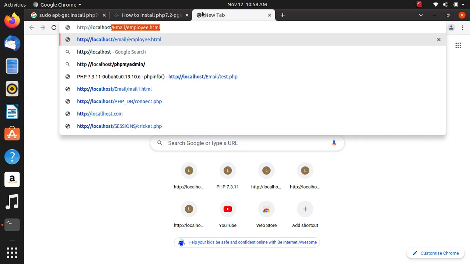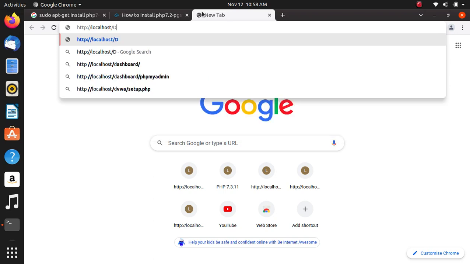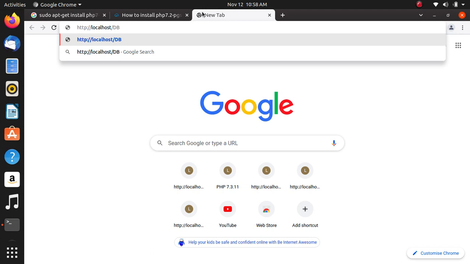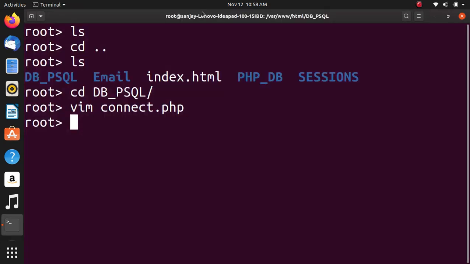Localhost, db, psql, connect dot. Yes, the connection is successful. Now let us see, we will create one table.